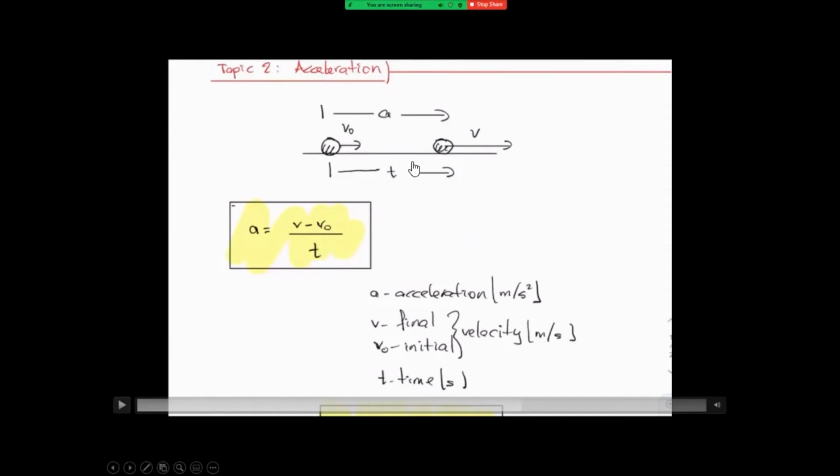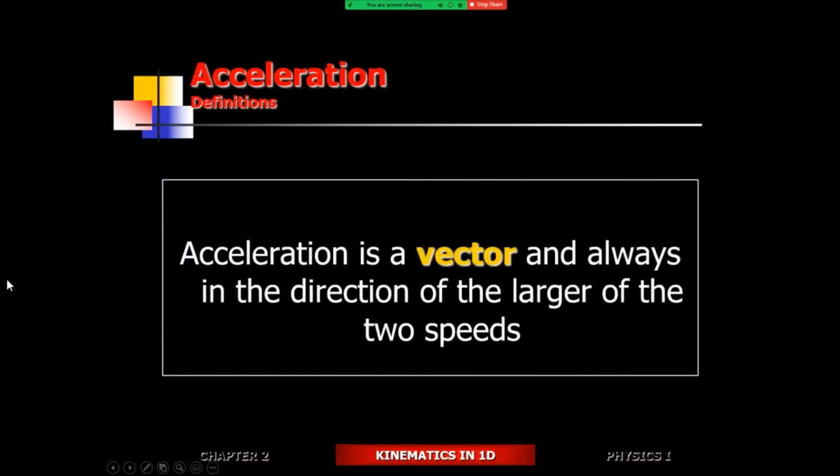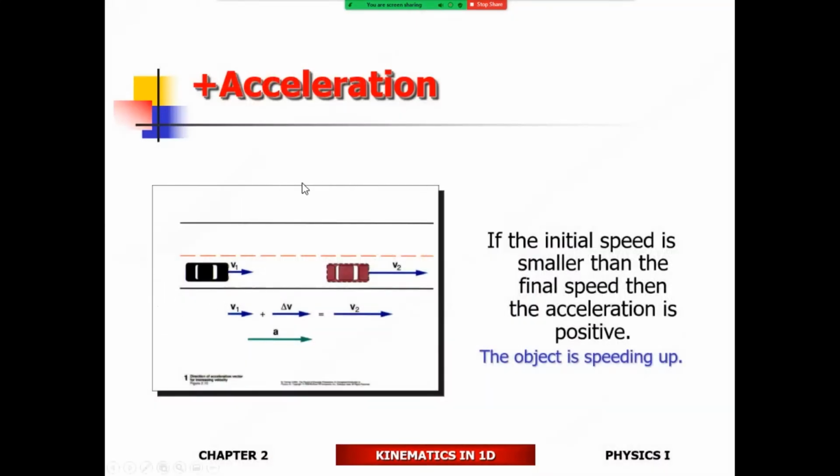T represents the time period between two measurements. So you take the first measurement, and then a couple of minutes later, you're taking the second measurement. So how fast your instantaneous velocity changes in time becomes your average acceleration. So this computation is only going to give you your average acceleration. All right, so acceleration is going to be a vector, which means that it's going to have a direction.